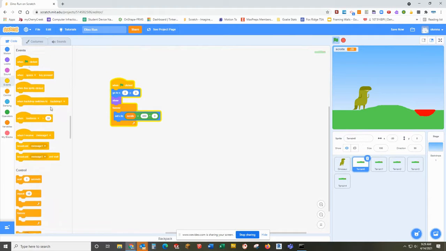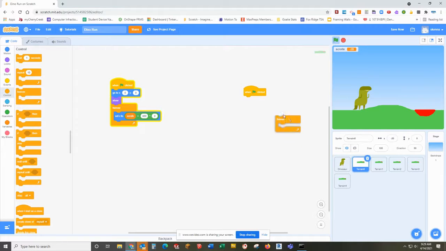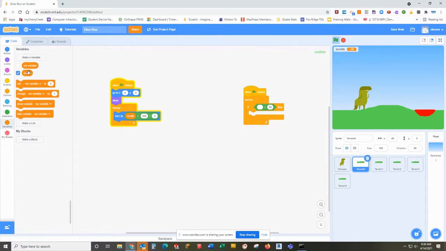So we're going to start with when the green flag is clicked, we're going to need a forever loop. And as we start so many stacks with, then an if then. I really wish we could just grab this whole stack as a thing, but we use it so frequently, we'll just get used to building it. And then the operator that I need is a greater than operator. It looks like this, okay? As in the greater than symbol is open to the left. I'm going to put my variable in there. And if it is greater than 0,